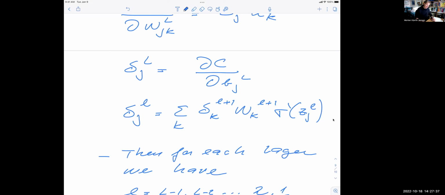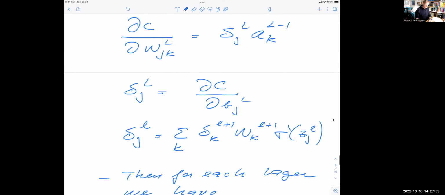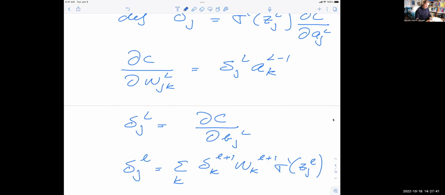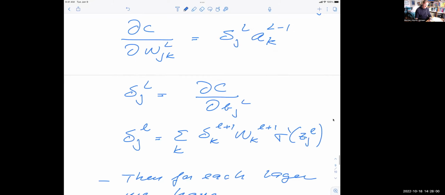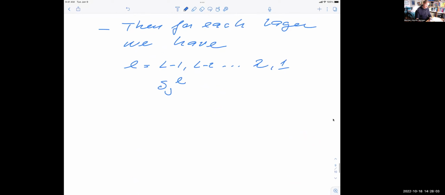As you can see here now, the derivatives of the cost function, when we now replace the derivatives with a given layer L, lowercase l, it's going to be given by delta J of L multiplied with a K of L minus 1. And we are going to have a similar expression for delta B of J. So it means that we can then update the algorithms. So we find that one, we compute this quantity, and then we have an update scheme